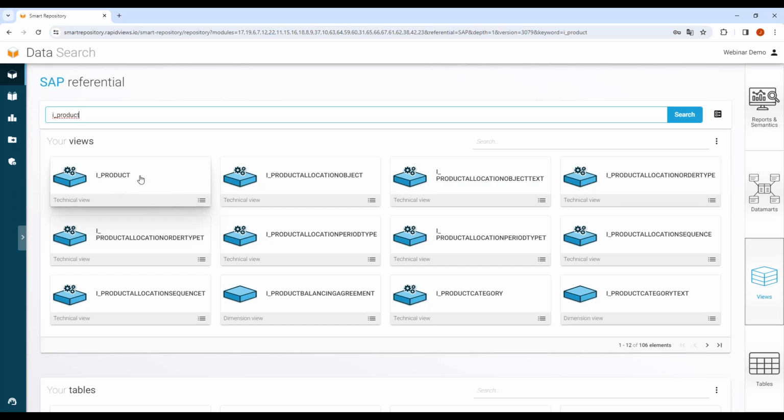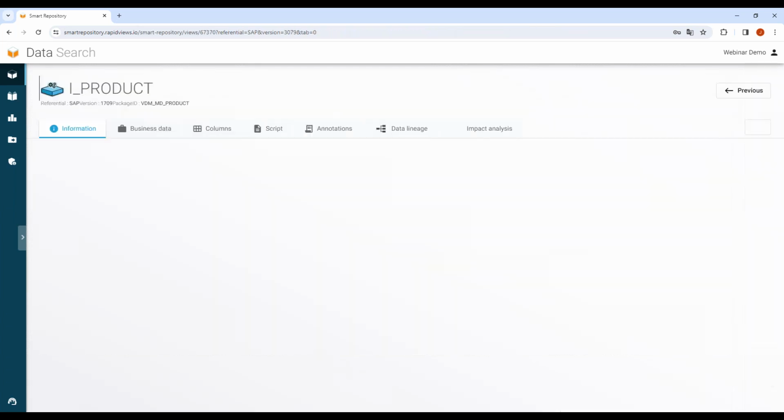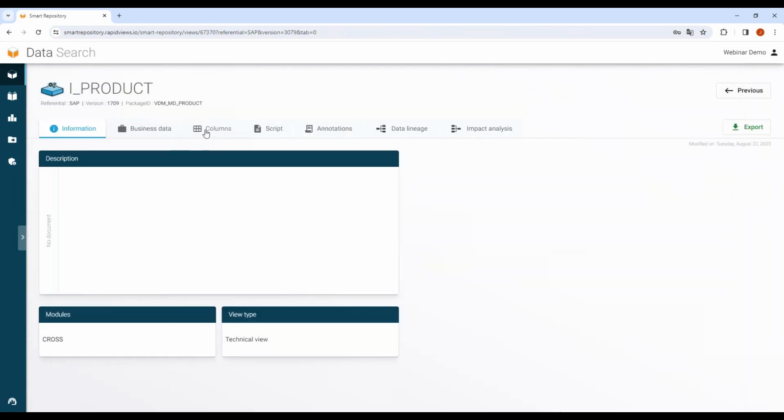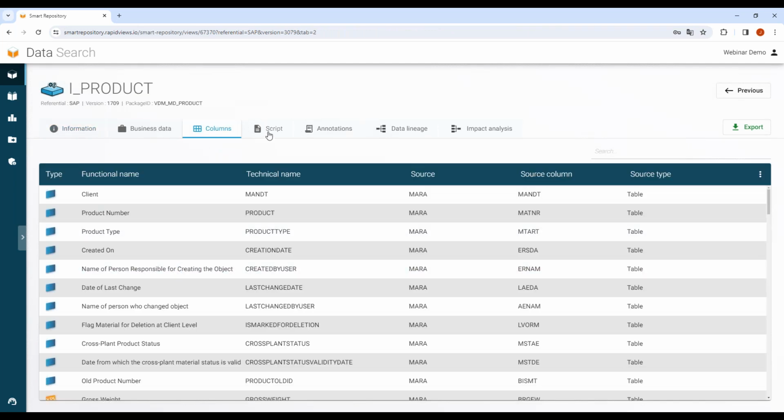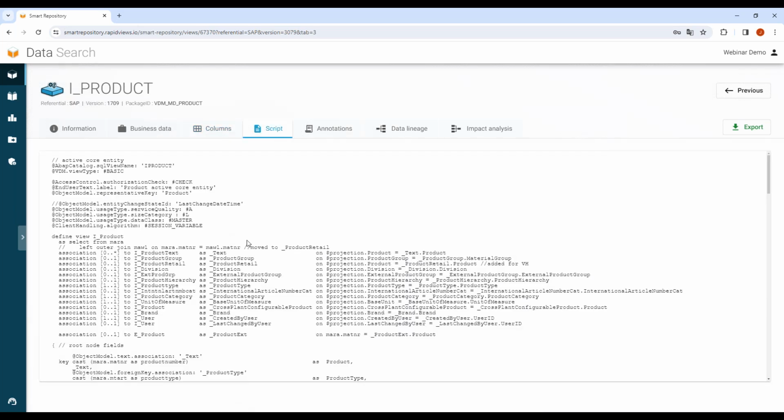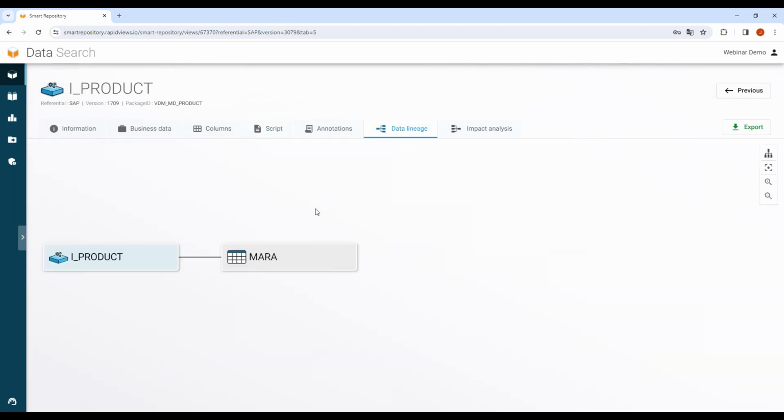I decide to open one view, my E-Product view, and in this view I can see all the columns available. I can see the script available to create the view, all the annotations, and the data lineage. For this view, it's a simple view. For the first example, this view is based on one table, the MARA table.